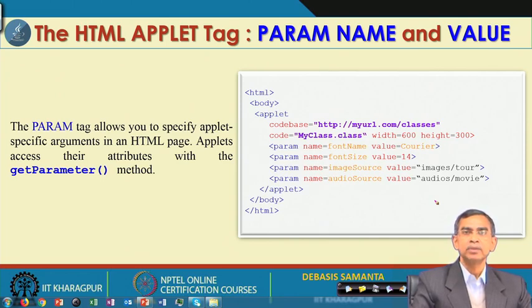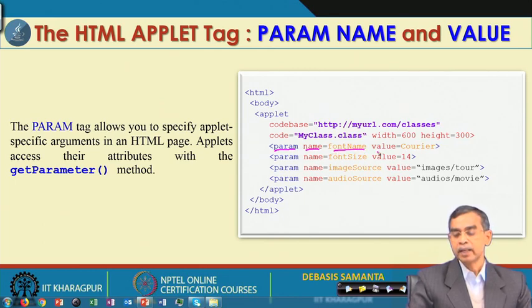The syntax is like this: the tag specification is called param, with the name of the parameter. For example, in this example, font name is the name of a parameter and the value is courier. So this is the parameter font name, and the value is courier.